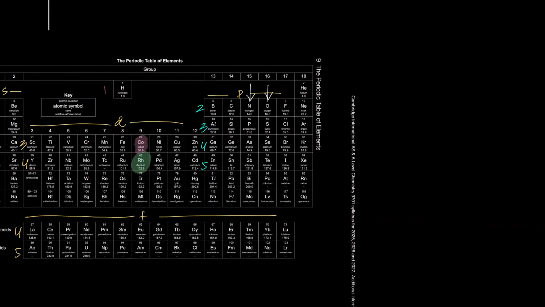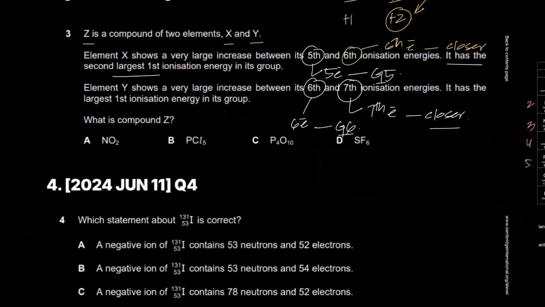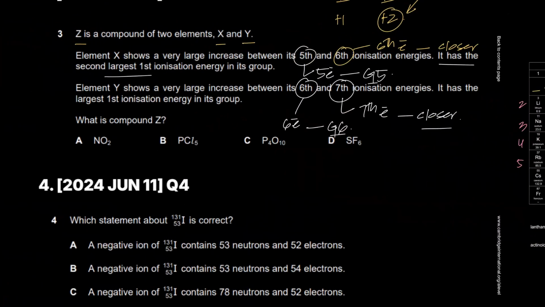You know that ionization energy decreases down the group. So if it's at the top, that should be the highest ionization energy. But if it's the second highest ionization energy, that must be phosphorus, because we know the reasons why ionization energy decreases down the group: the increase in nuclear charge is outweighed by the increase in shielding and the increase in atomic radii. So it's basically phosphorus we're talking about, and in Y he's saying it has the largest first ionization energy